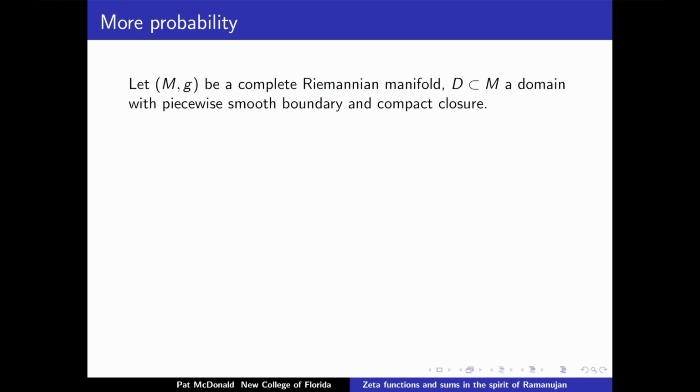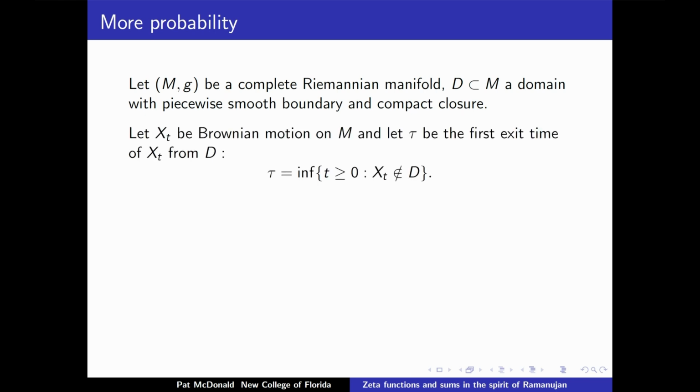So if I've got some complete Riemannian manifold, I take any domain in that manifold that I can think of, say, as a disk or a rectangle or something like that, then there is such a thing as Brownian motion on that manifold, and there is such a thing as exit time from that domain. And there is an operator on that manifold, the Laplace operator. So the Laplace operator in one dimension, remember, is just two derivatives. So what I'm doing is giving you a dictionary between the problem that I actually looked at and a general